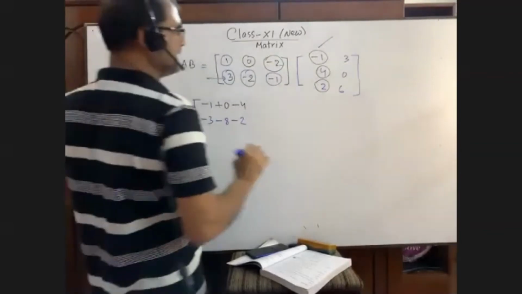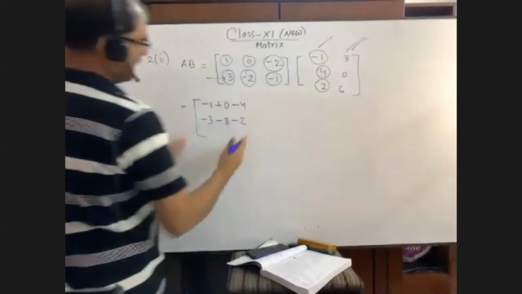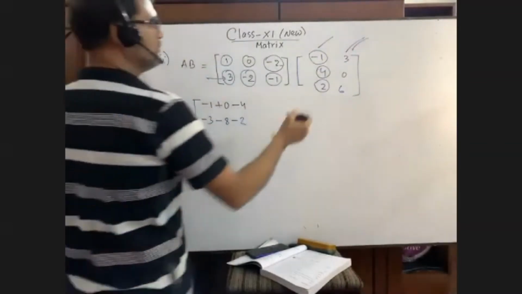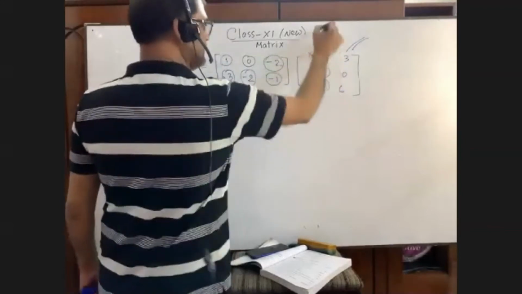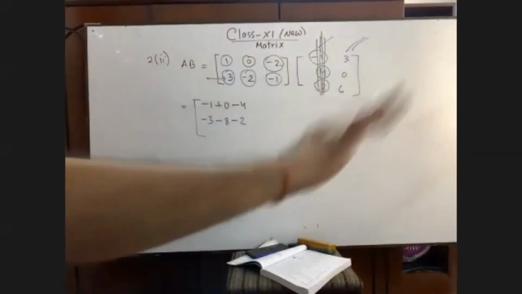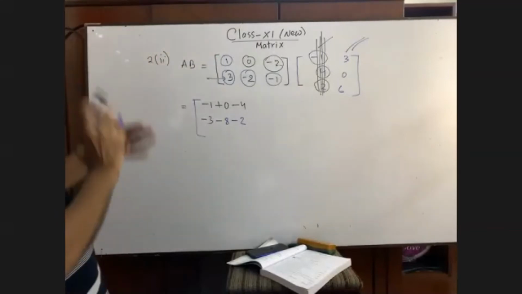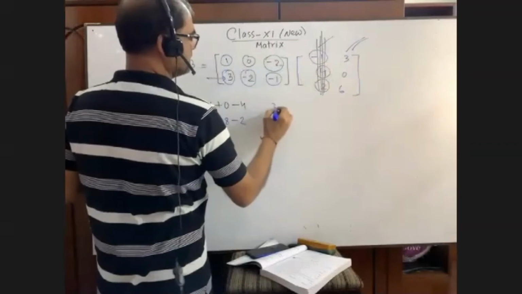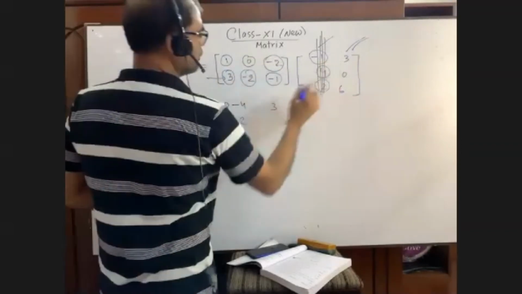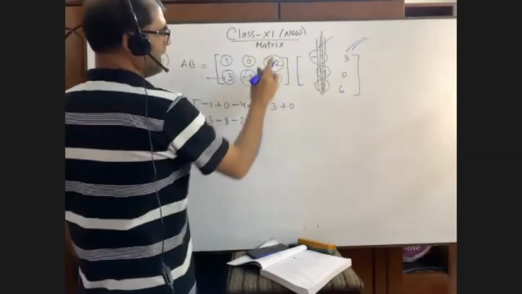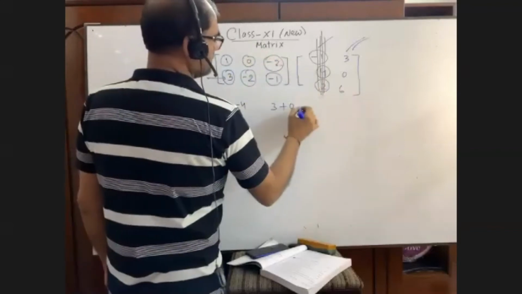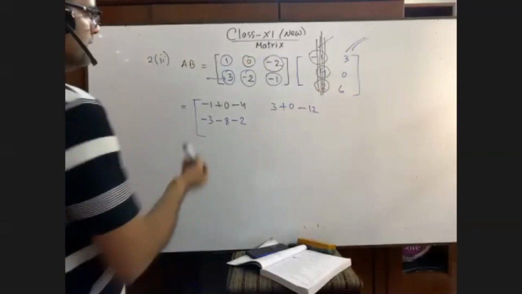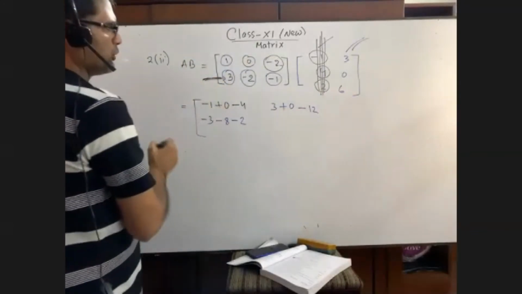We have not yet counted this. So the way we have done this too, the same way is to be followed. Suppose it is not given here, suppose you forget it forever. Okay. Now you multiply it. You see how to do. You see that 1 into 3 equals to what? 3. 0 into 0 equals to what? 0. -2 into 6 equals to what? -12. That's good.